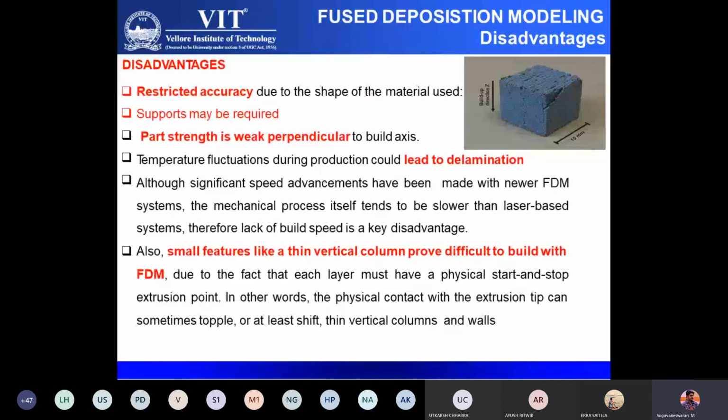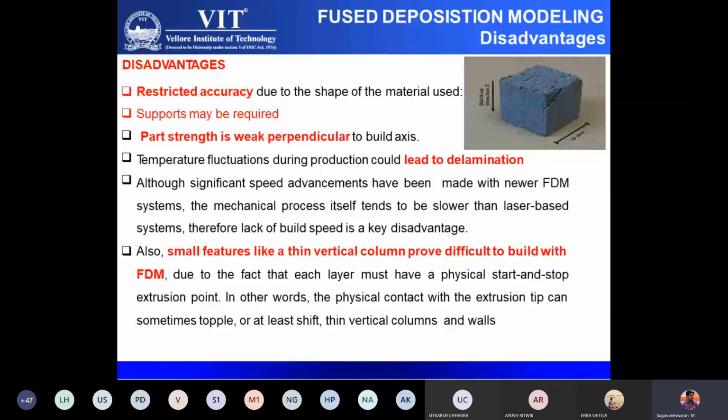But it is not common for all additive manufacturing processes. In FDM, it is anisotropic. You cannot get equal properties in all three directions. In most FDM-based components, you may not get isotropic properties. In some cases it is transverse isotropic. Transverse isotropic means that in the XY plane you can achieve the same strength, but in the Z axis you will not get the same strength. Anisotropic means in X, Y, Z, in all three axes you may not get the same property.